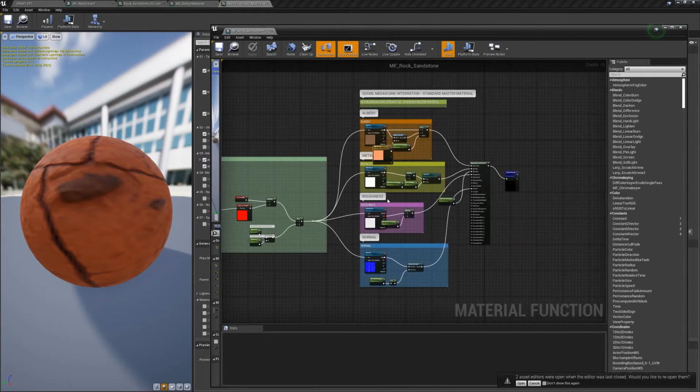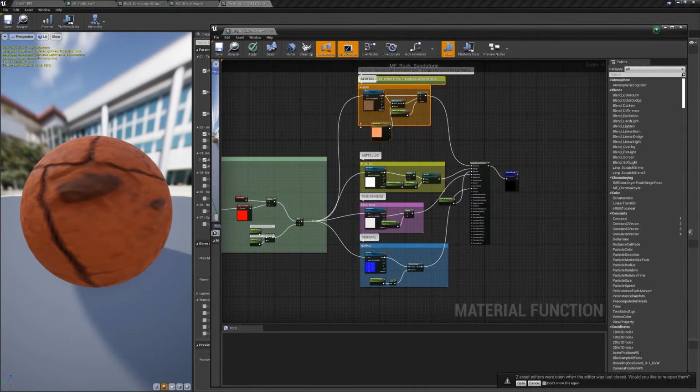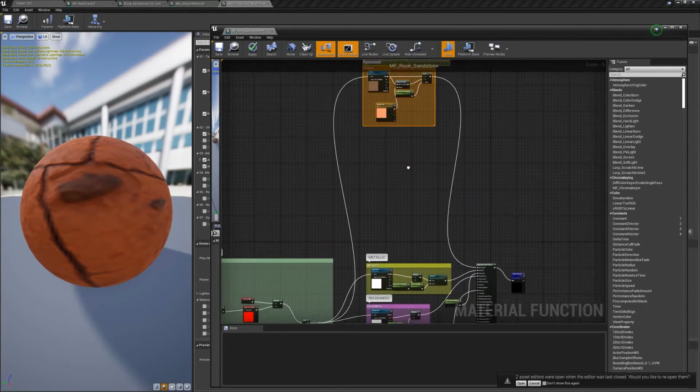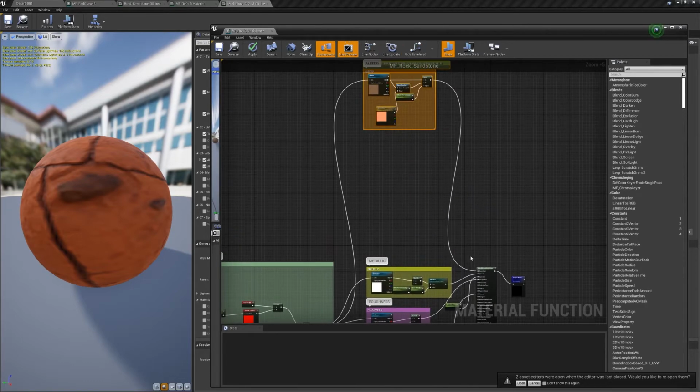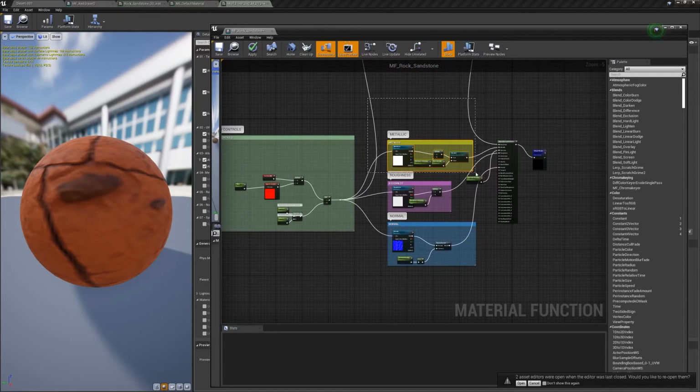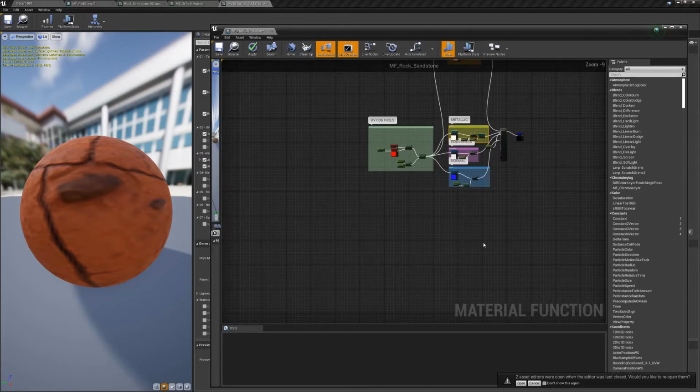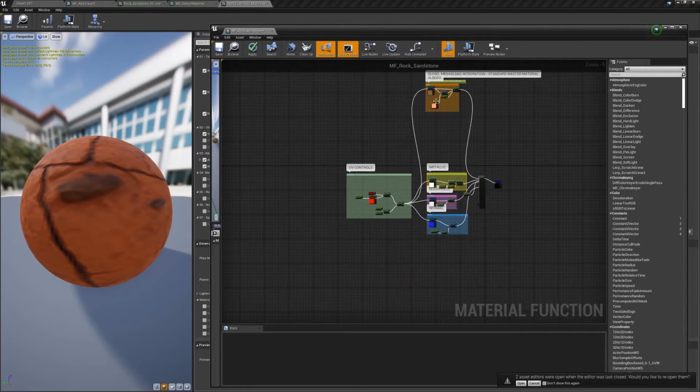You would have to be inside the material here, and create 3 sets of these ones and blend them, and 3 sets of this one and blend them. So you would have a huge mess, even for just mixing 3 sets of